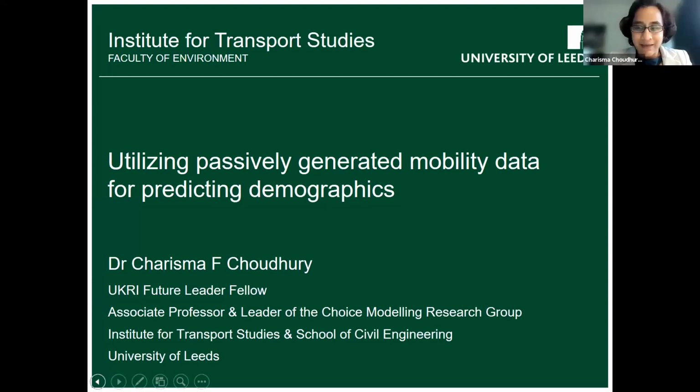The presentation is quite related to the question. The problem is data is anonymous. So how can we still utilize the anonymous data and identify either the demographic groups or the latent classes of groups, so that we can still acknowledge the heterogeneity in behavior of different groups? So this is what I'm going to focus on today.